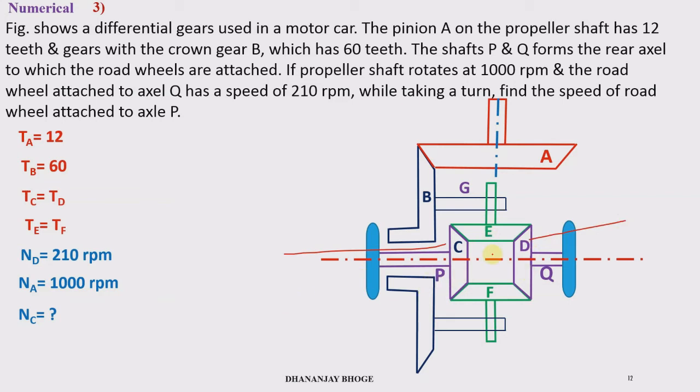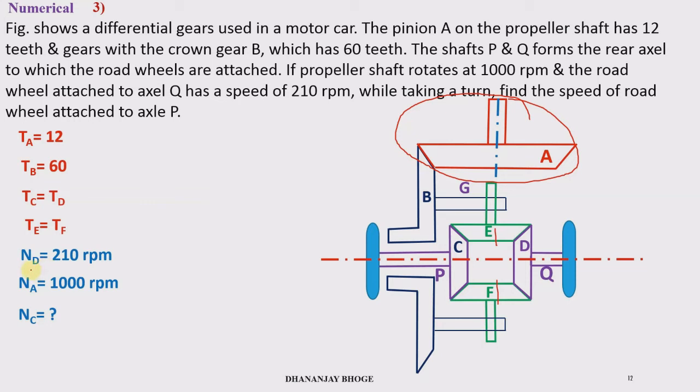C and D are equal, E and F are equal, and A is not the part of epicyclic gear train. या तीन गोष्टी लक्षात ठेवायच्या. कोणत्या कोणत्या? C and D are of equal size, E and F are of equal size. Okay. A is not the part of epicyclic gear train. It is driving the gear train. Okay. And gear C and gear D or both the rear wheels will travel with different velocities while taking a turn. Okay, let us proceed with the solution.